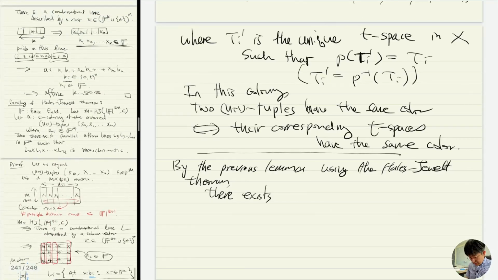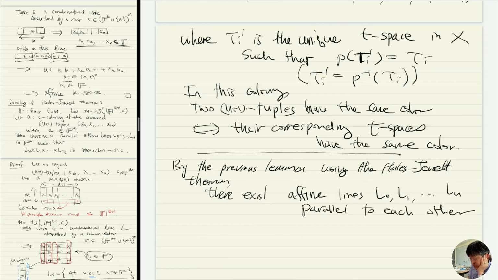Let's look at this corollary, right? I have this many colors C. So there exist affine lines L0, L1, up to LU parallel to each other